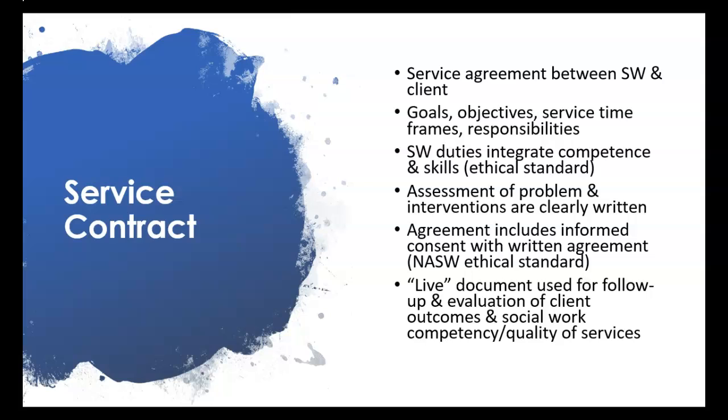Our NASW ethical standards talk about competence and skills required in social work practice. So for instance, if you're providing work as a student intern, your credentials, your competency, is as an intern and a student. In an MSW program, that means you at least have some kind of undergraduate degree to be an intern. So in order to be an intern in this program, you have to have an undergraduate degree. So your duties and competencies in the field are as a student. You don't have your master's yet.